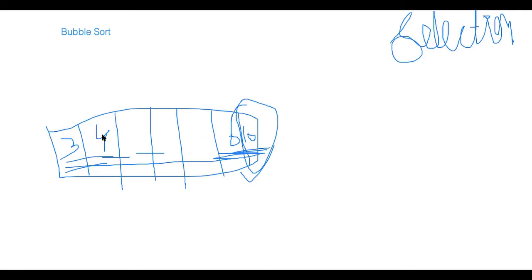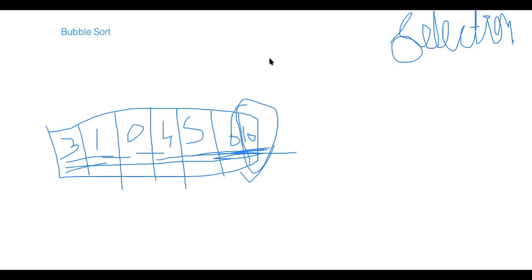So the number will look like what? It will be like 1, 0, and 5. Now we have 3 elements sorted. And then what will happen? In the next iteration, 4 will come here. So it will look like 1, 0, 4, right? So now we have 4 sorted values.